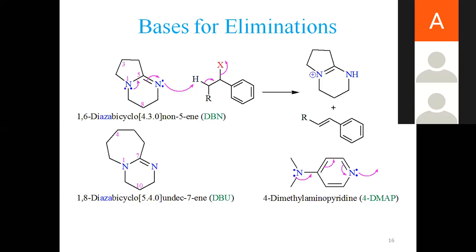Pyridine is a common name for this heterocyclic system, but the actual IUPAC name is azine. So this 4-DMAP is a very good base. Now just look here. This is a nitrogen which is tertiary aminic. This nitrogen is attached to two methyl and one phenyl group. So this nitrogen is tertiary aminic. This nitrogen is also tertiary. But look here: this nitrogen is sp2 hybridized, this nitrogen is sp3 hybridized. This is a difference. Now, either this nitrogen acts as a